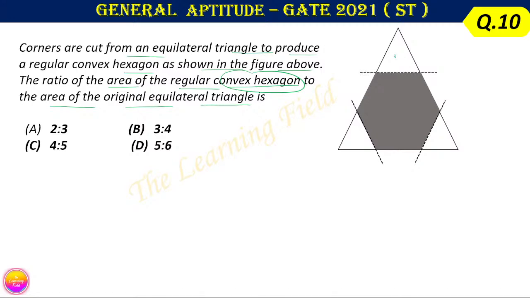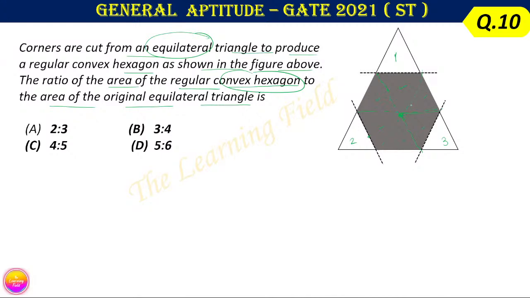The area of this triangle 1, triangle 2, and triangle 3 are same, okay, because this is an equilateral triangle and this is a regular hexagon. That means all the sides of the hexagon are same. Therefore we now join this line, which is parallel to this line. These two lines are parallel, and now we join this line which is parallel to this one. If we join these two lines, which is also parallel to this one, and also join these two lines, then we get 1 2 3 4 5 6